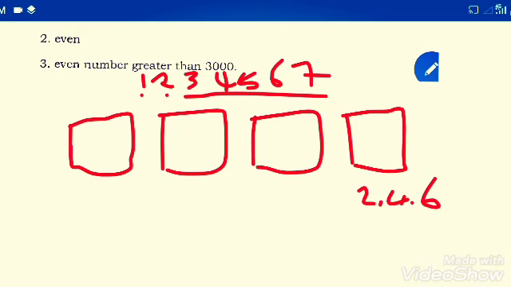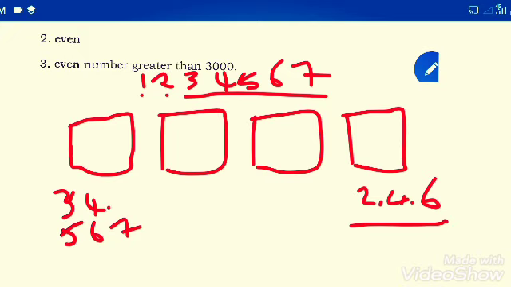That means the only numbers that can start are 3, 4, 5, 6 and 7. So you bring out 3 conditions because of these 3 at the unit side. The reason is this: 4 can start and 4 can finish, but the question says